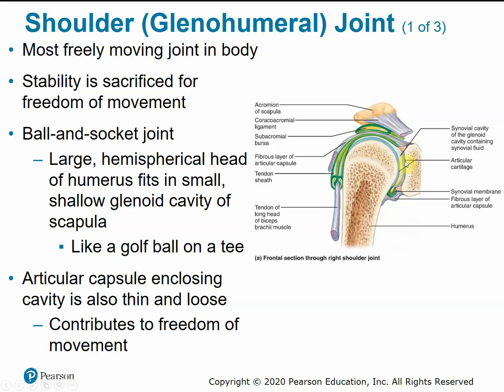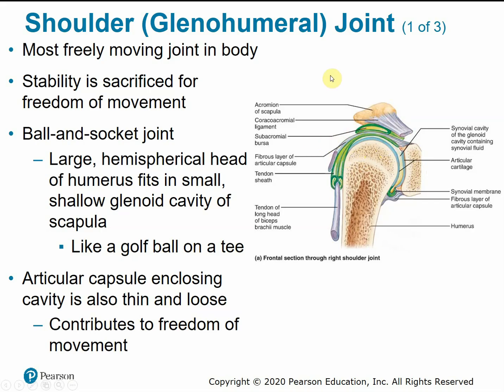So the socket's not very deep. It's more like a golf ball sitting on a tee. So here's our glenoid cavity, where the bone's going to articulate, not a very deep socket. The articular capsule around the joint is also fairly thin. This helps contribute to its wide range of movement. And as you can see, there's also several associated bursae and tendon sheaths, as well as tendons and ligaments to